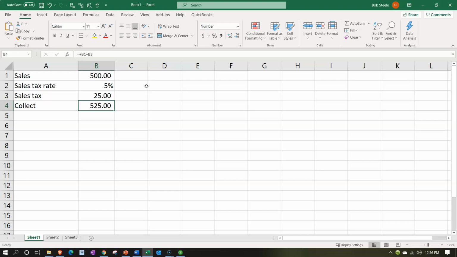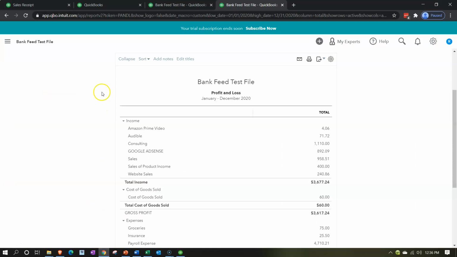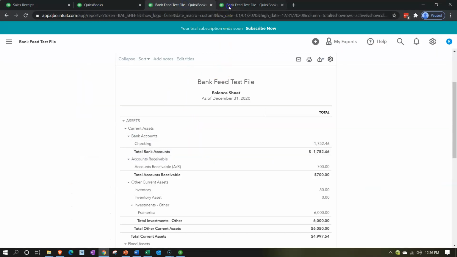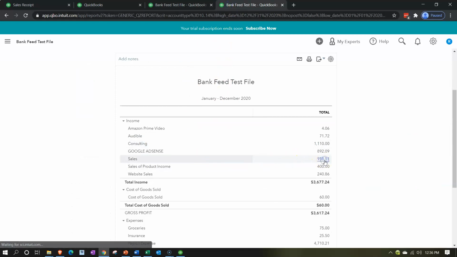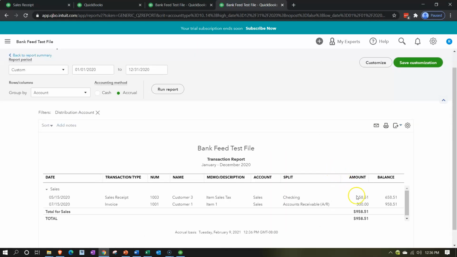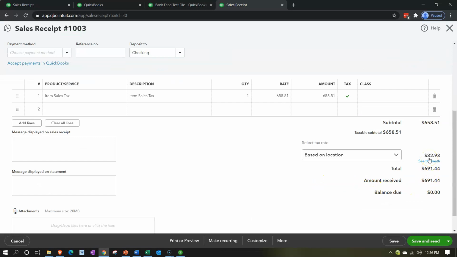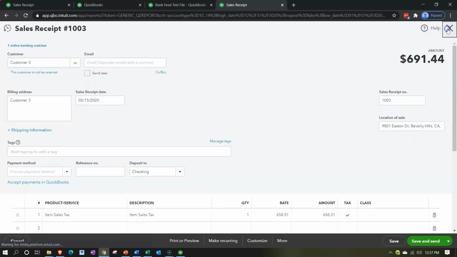You want to make sure that when you set your prices, you're setting prices that would include the sales tax. Meaning, if you were doing that in the QuickBooks system, as we saw, if we created a sales receipt here, if I go into my sales item, and I set my sales price, then QuickBooks figures out the sales tax for us by applying the rate down here. If I'm not going to use the QuickBooks system, then of course I need to make sure that I'm including the sales tax in the price that I'm going to be setting,